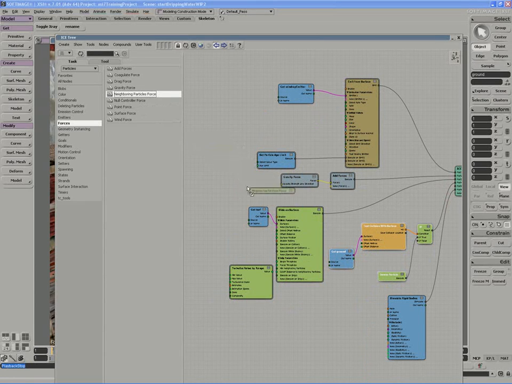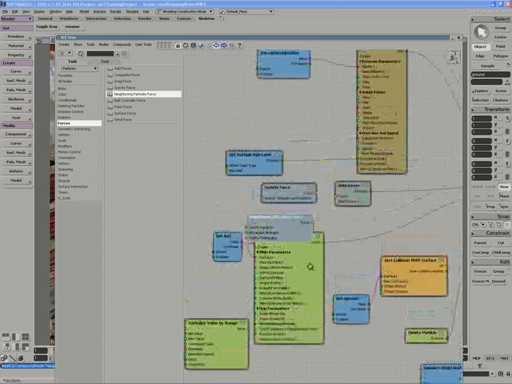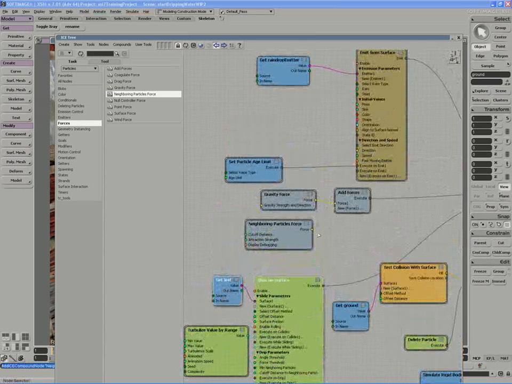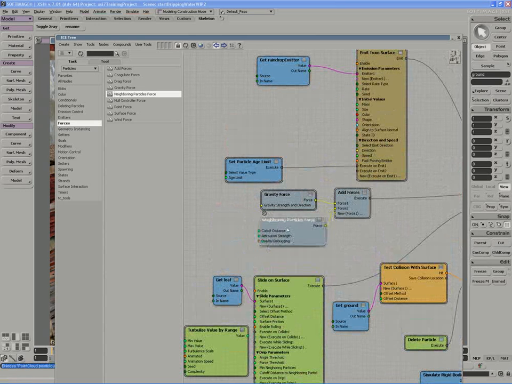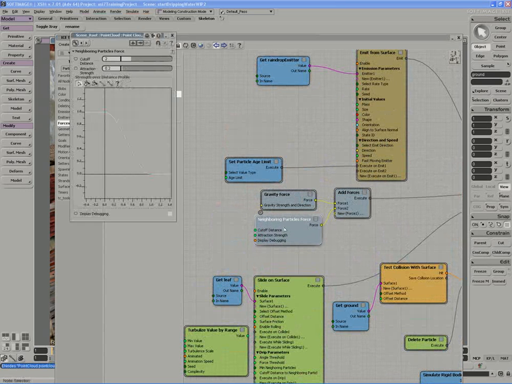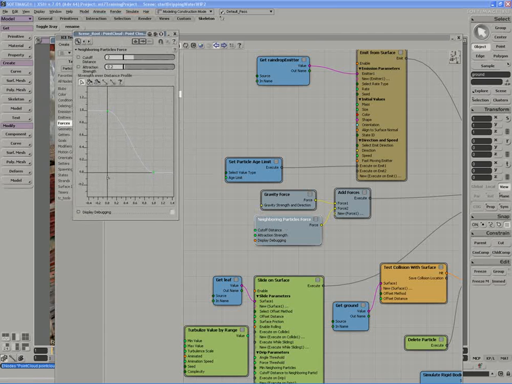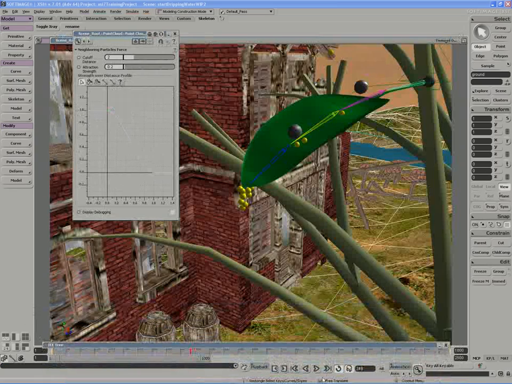Being a vector force, we pull it in and add it to the add forces compound. So even once the particles are born, they will still have a neighboring particles force applied to them. And if I double click to open up the compound, we can see that particles that are a very close distance to one another have a strong attraction force, while particles that are further away, that force tapers off substantially. And so this is a strength over distance profile. If I minimize my ice tree,